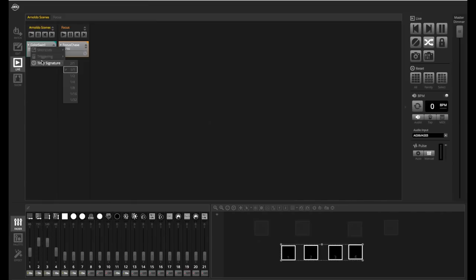And then, of course, you can even select your time signature. This is something that's pretty advanced. I mean, this is something I've always bragged about. Our sister company, Elation Compu Show, you can select the time signature. Having this on MyDMX is a pretty big deal because you don't see a lot of DJ-geared lighting software that